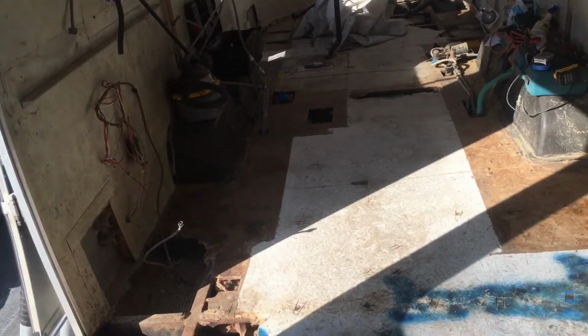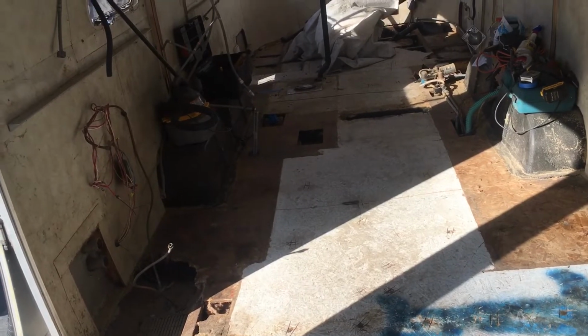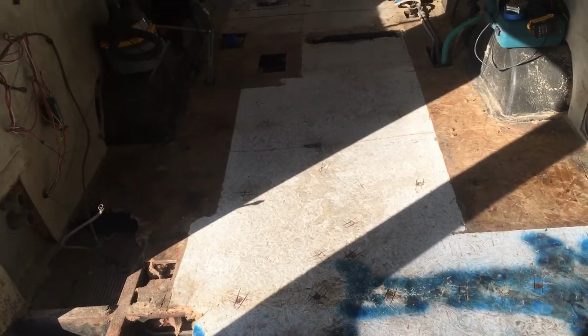Especially considering that if they had just used marine ply, it would have at least extended the subfloor's life. Now, agreed, a marine plywood does not last forever, but just look at what they use, and they still use it to this day. This is chunks of wood glued together. It's so cheap. It works like a sponge. So when water hits it, it just swells up and absorbs all of that water,